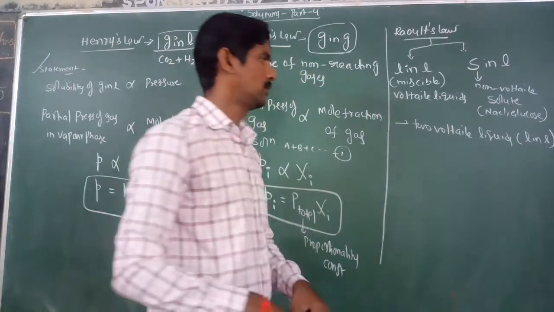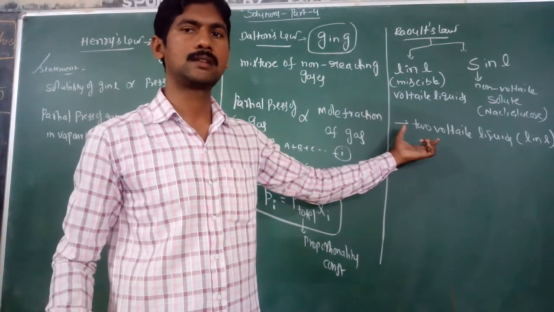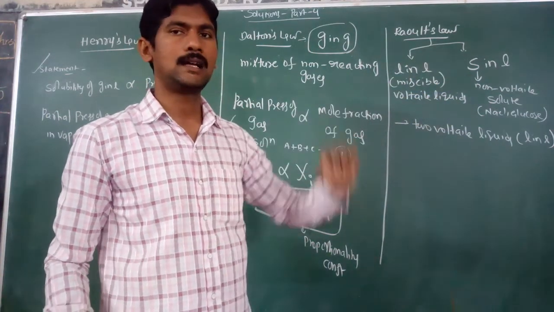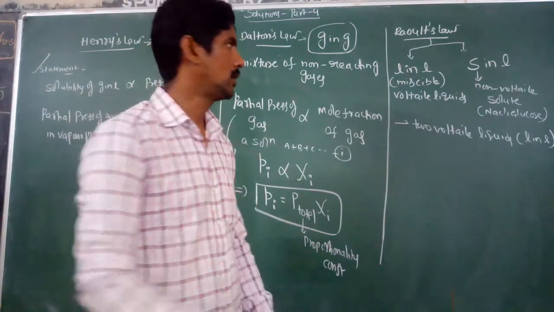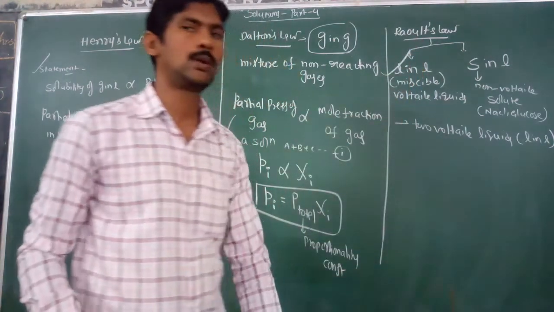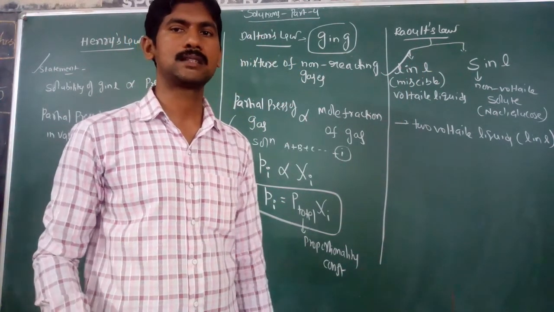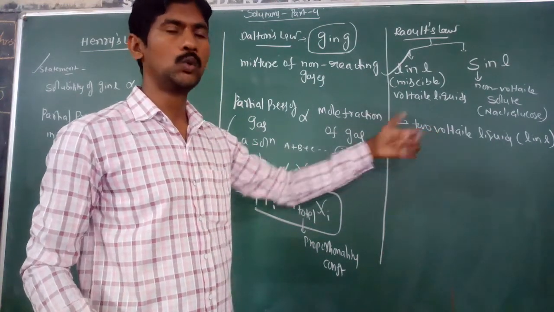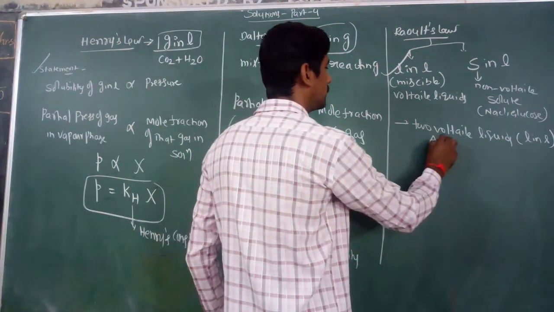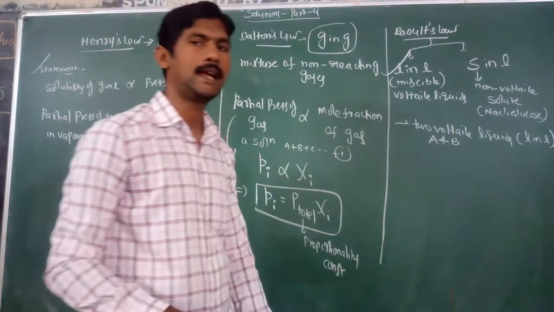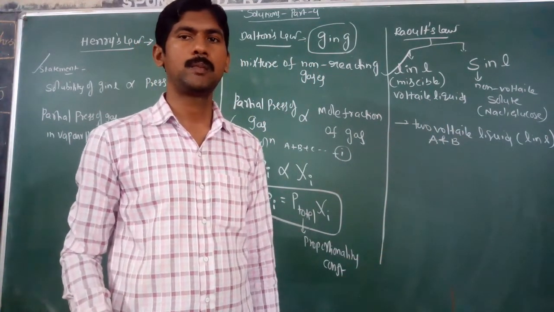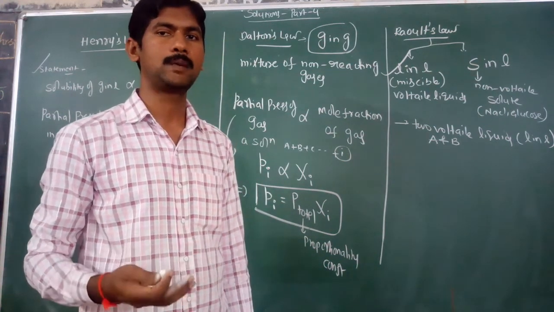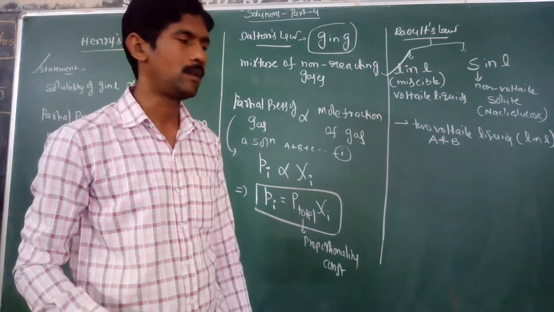Now here we have discussed only liquid in liquid systems. Later in colligative properties we will discuss Raoult's law for solid in liquids. So now let us discuss only liquid in liquid systems, Raoult's law. For a binary solution containing 2 volatile liquids A and B, the statement of Raoult's law is, both must be volatile. Volatile means easily escapable into the gaseous phase or vapor phase.